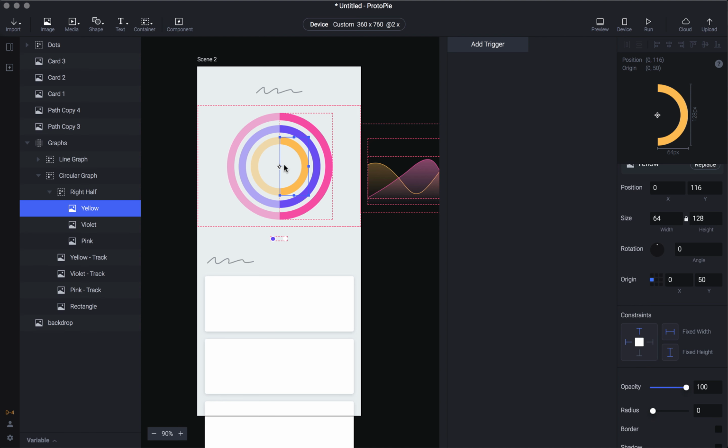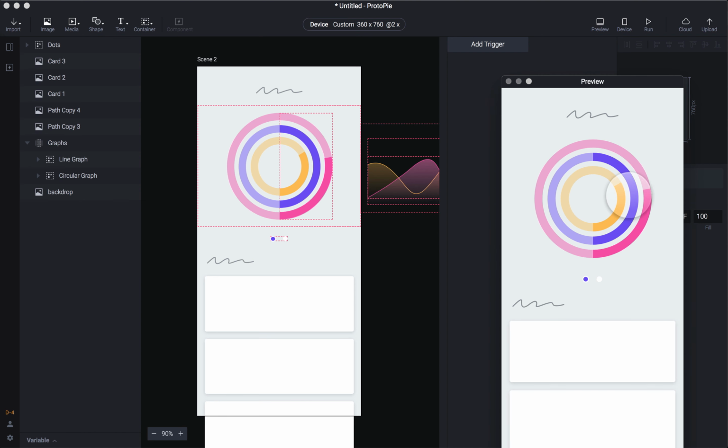So when it rotates along this axis, we should do this for violet and pink as well. And now when you rotate, let's say 80 degrees, as you see here, the rotation looks perfect. So I'm going to rotate this another 60 degrees, and it rotates accordingly and the layers get hidden